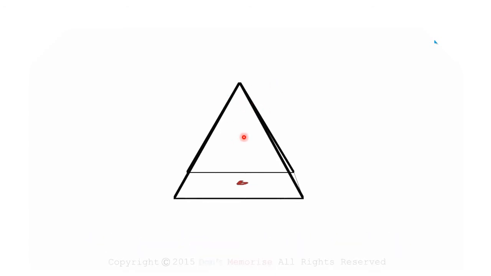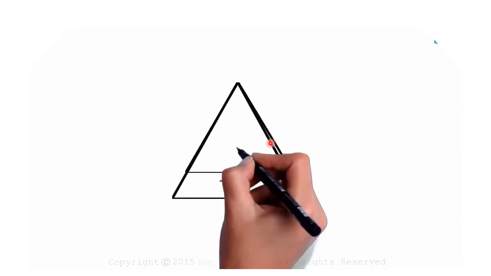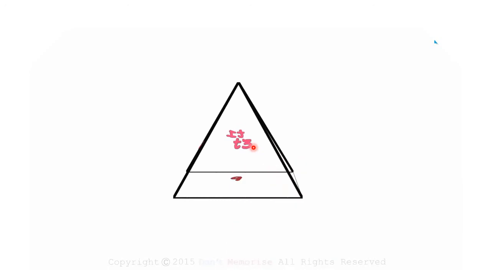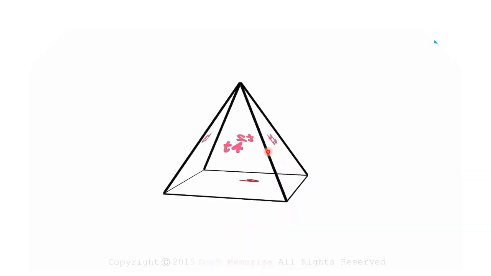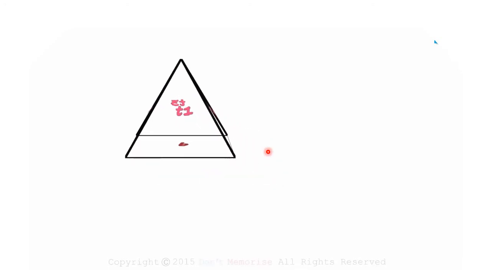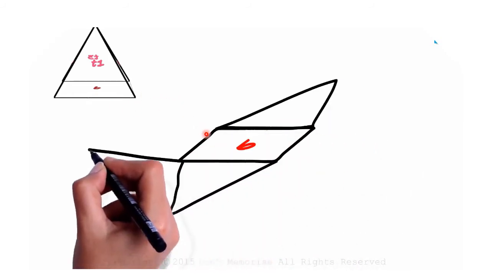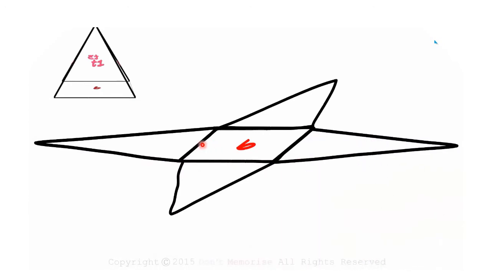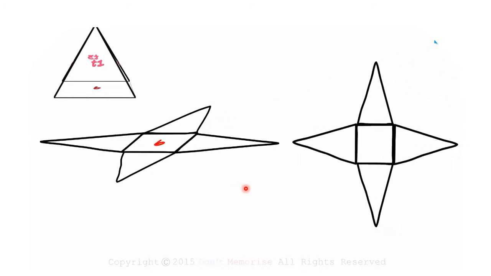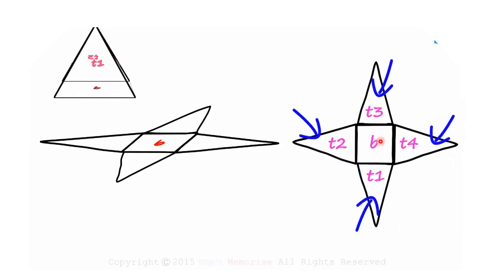So now we are going to name them T1, T2, triangle 1, triangle 2, triangle 3, triangle 4. So totally 4 triangles are there and 1 square. The base is a square, so you should draw the base first. So this is the base, the bottom of this pyramid, so that is a square. After that you can draw 4 triangles on all 4 sides. So it is one of the nets of this square pyramid. The base, then 4 triangles, T1, T2, T3, T4.